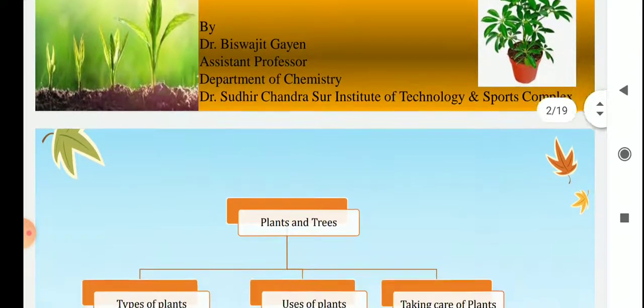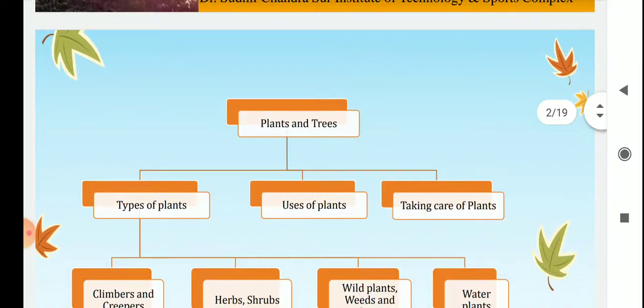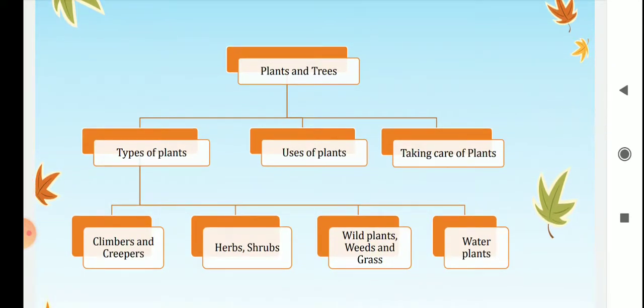So we can start the details of the plant kingdom. First of all, that is classification. Now plants and trees are classified in this fashion. You are looking at this flow chart. So first of all, if we classify the plants, then mainly these are of four types, that is